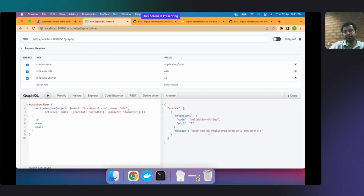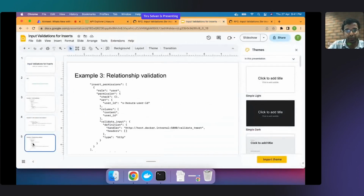I get an error message saying user can be registered with only one article, right? So that was the condition that we had in our webhook. Finally, I want to show the last example here, which is the most complicated one, which is that you want to reject a mutation based on the values in the relationship. So this is a different table, although you can't see the name here. I've snipped it off, but